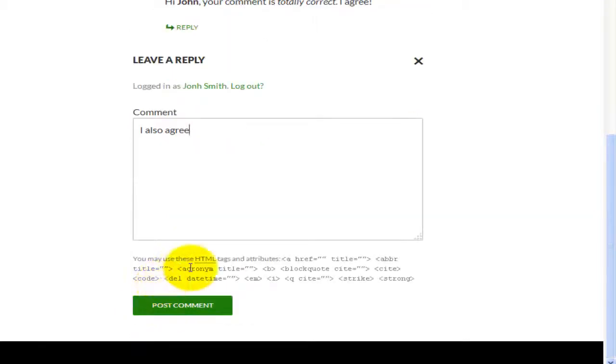Also you find some of the HTML text here, so basically you can use all of these codes to actually insert here, and they will change, for example, the text to bold or to italics and whatnot. Once you're finished with editing, you can just click on post comment, and this is also another way and the usual way you would go about commenting on somebody else's comment on